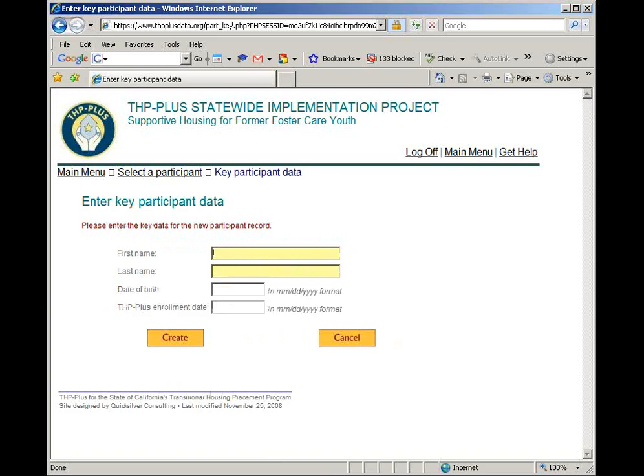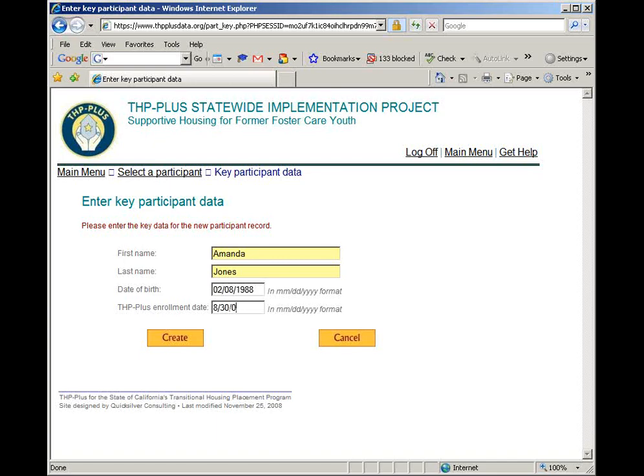And here what I'm going to do is enter her legal first name and her legal last name. There's no need to do a middle name. Her date of birth is February 8th, 1988. And her THP Plus enrollment date, she actually entered in August.